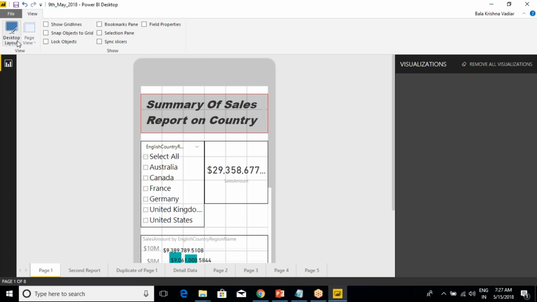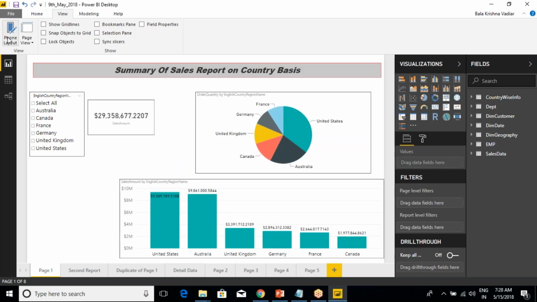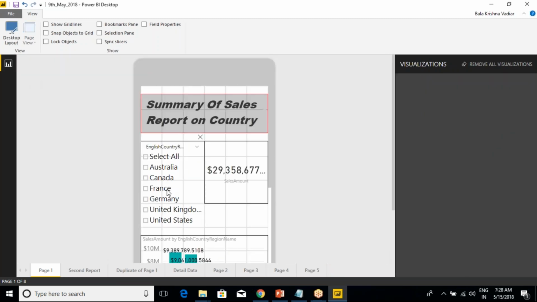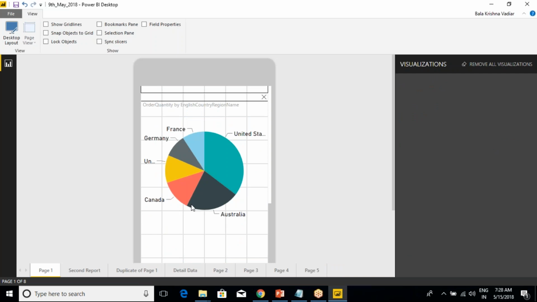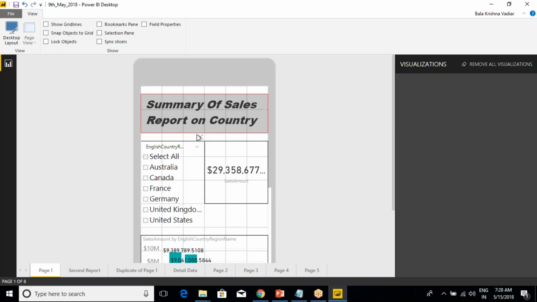Now if you want to go back to the desktop mode, yes, we can. If you come to page mode, it will be saved automatically. I don't know how many of you have observed this when watching some online websites: on desktop there are lots of features available, but when you open the same application on mobile, some features may not be visible because they have not been implemented within the mobile view. So the next one is